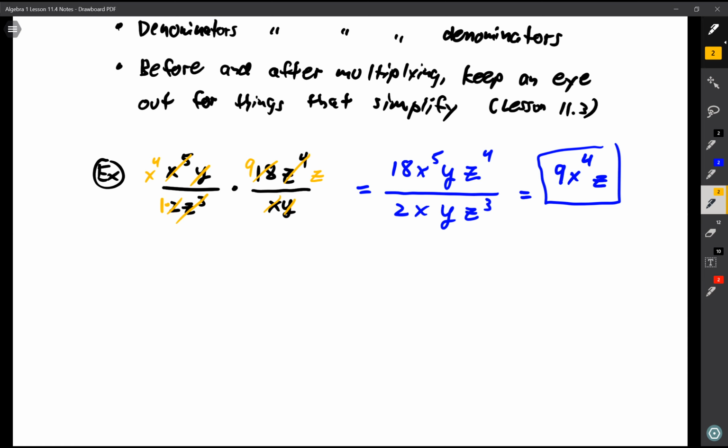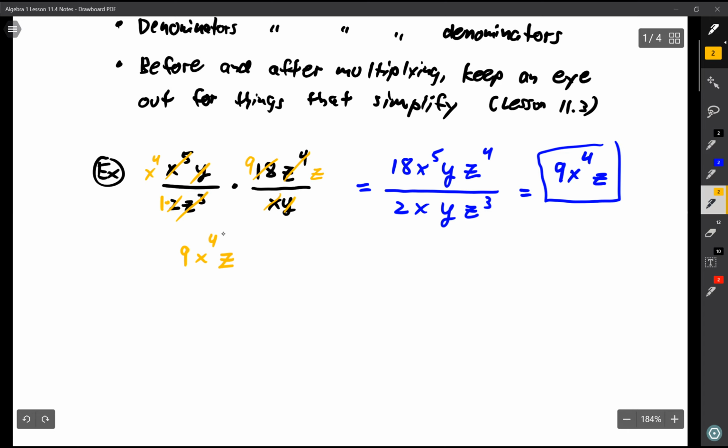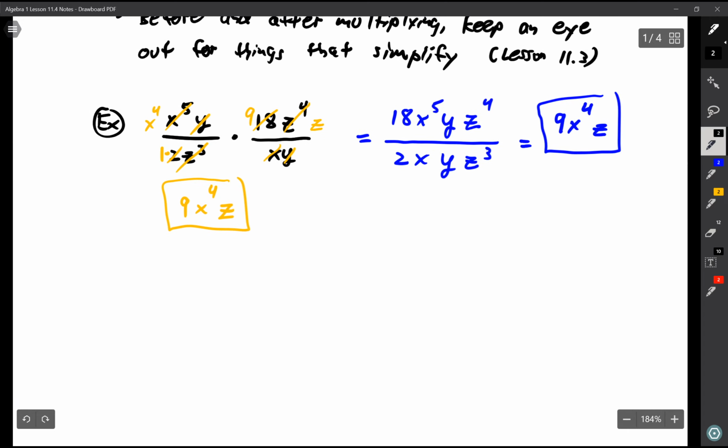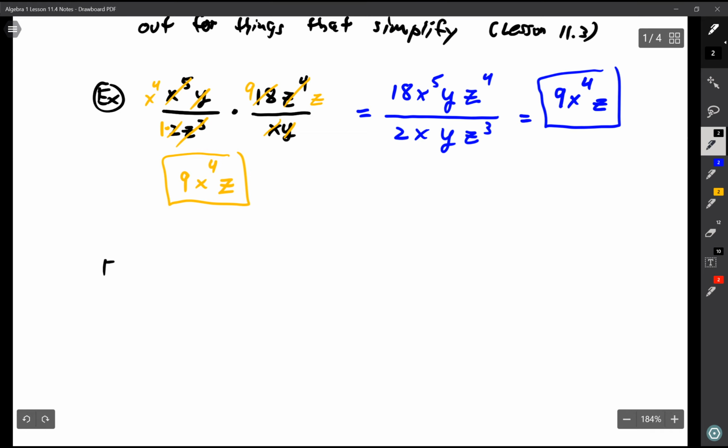And what am I left with then on top? 9x to the fourth z. Same answer. So whichever method you prefer there. All right? So that's an example like that. Let's do one that looks maybe a little bit different. This one is like this. Here we have